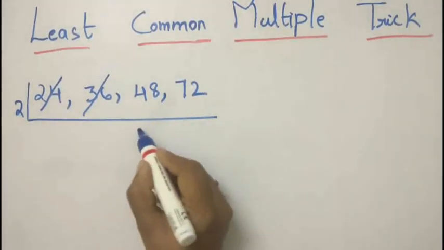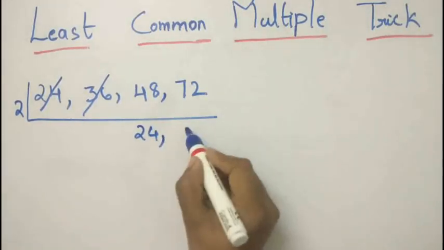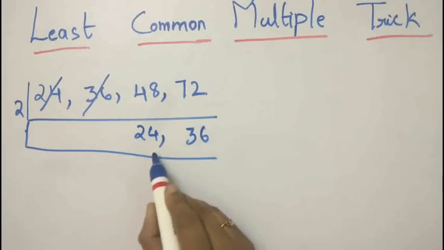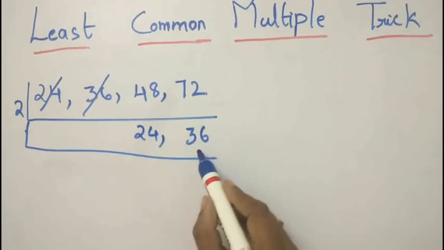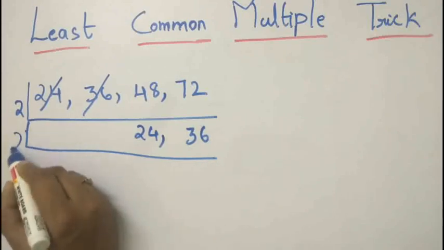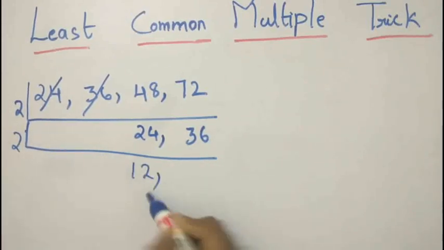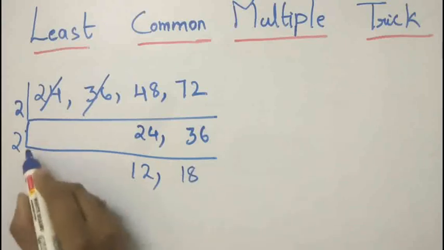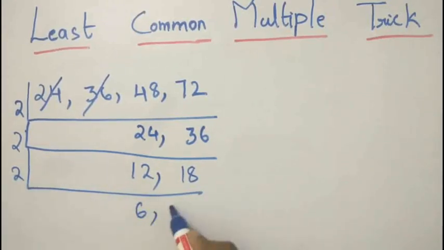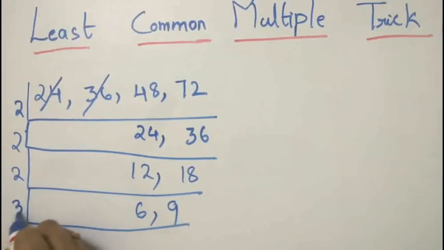Okay, we have 24 and this is 36. Now check in this step whether 24 is a factor of 36 or not. It is not a factor of 36. Proceed with the normal method. 2, 12, 18. 2, 6, 9. Next, 3,